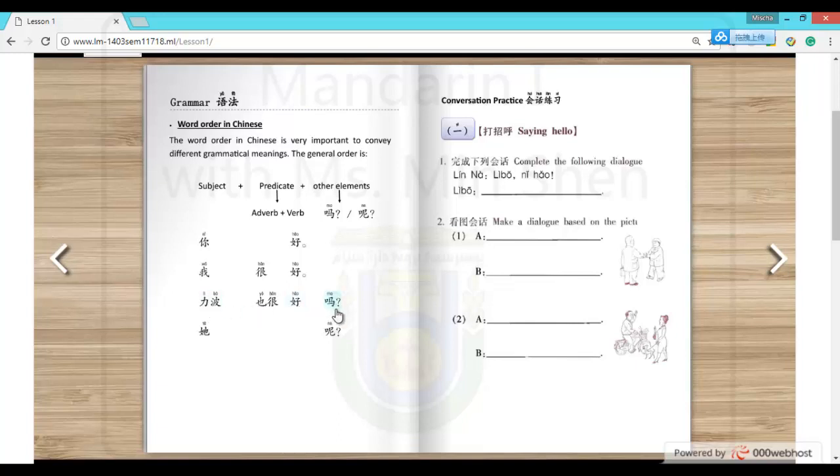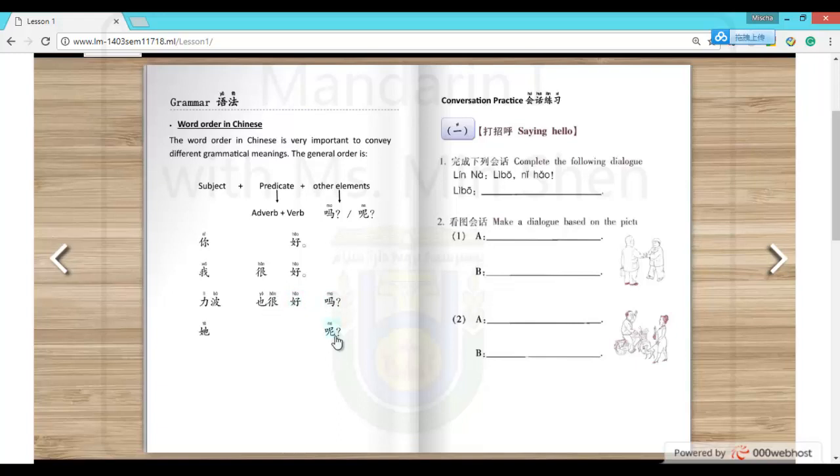So 嘛 is the particle we use to make a question. In Mandarin, when we say particle, it means by itself the word doesn't really mean anything, and you have to use it together with other elements. For example, this particle is used together with the full sentence here. Then this particle 嘛 changes the whole sentence to be a question. 立波 is very good. Yes or no? So this is a question about yes or no. Is 立波 very good?